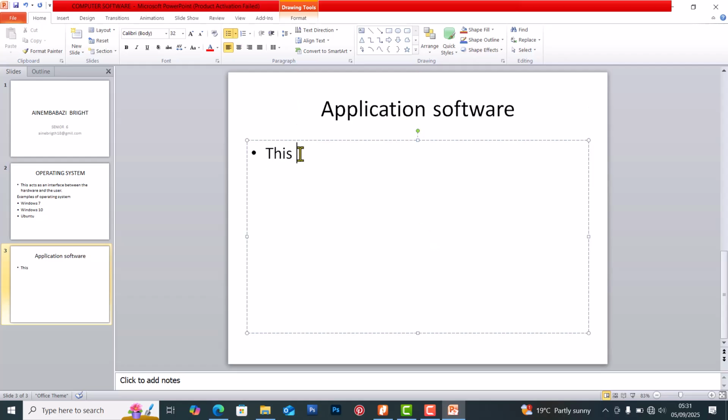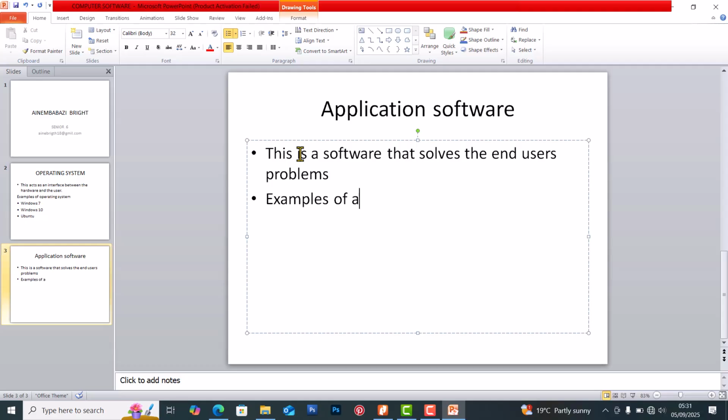This is a software that solves the end users' problems, and they want us to give examples of application software. Examples of application software include: